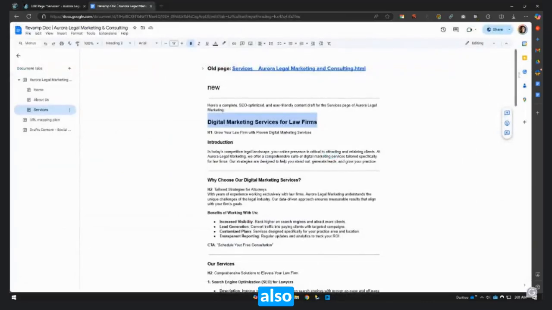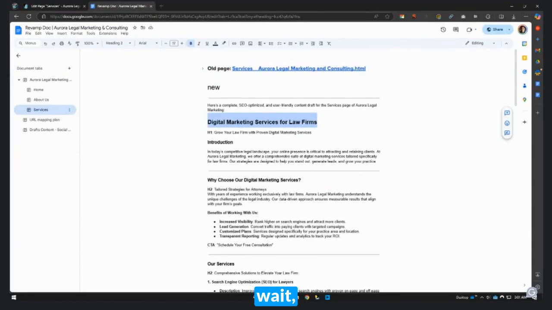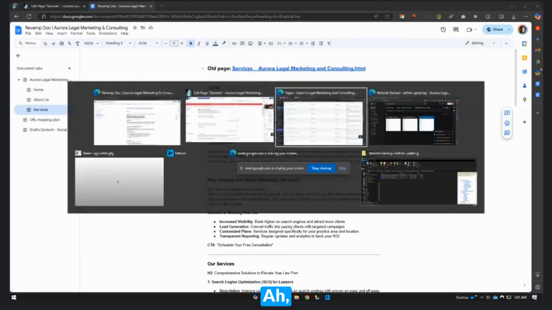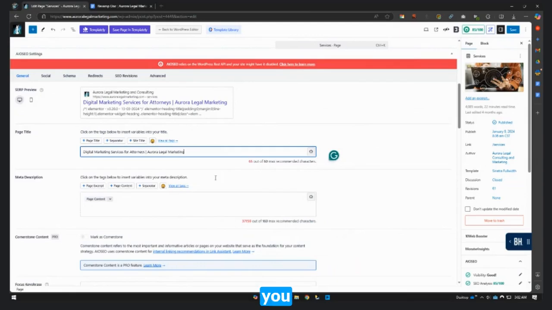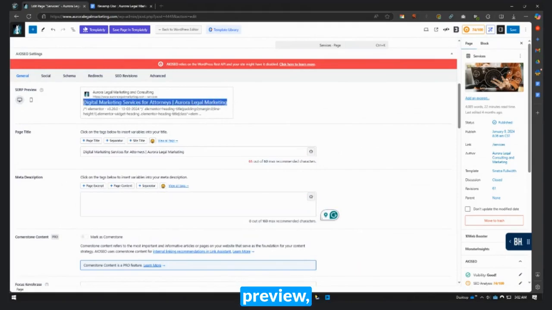If you see something like 65, you can just adjust it. If you cannot adjust anything, it's a case-to-case basis, but let's make sure that in the SERP preview, it's not cut off.